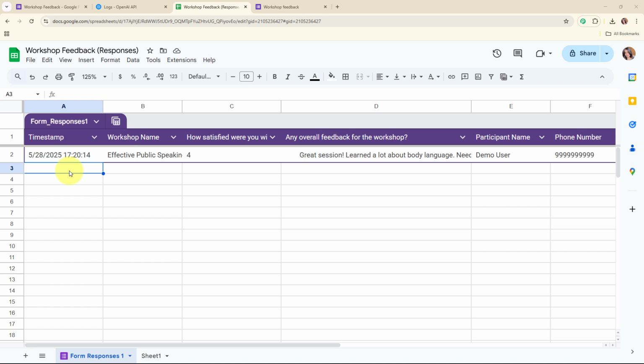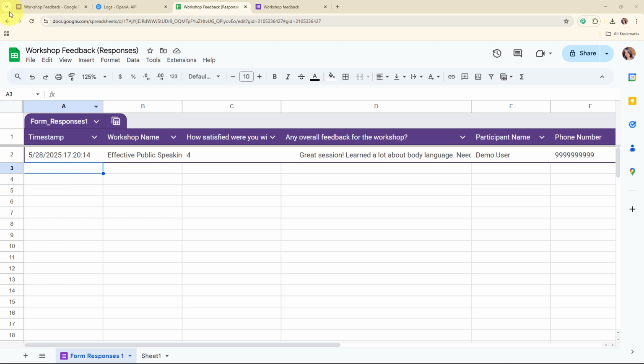Alright, so as you all know, as someone who regularly conducts workshops, I collect feedback from participants using Google Forms. But going through all the responses manually takes a lot of time and it's easy to miss important insight. By building an AI agent to auto-analyze the feedback, I can instantly understand how the workshop went, what participants liked and what they didn't, and what I can improve. So this saves me hours of work and gives me a quick, clear summary of overall satisfaction and the areas for improvement. It helps me make my future workshops better and more effective without spending time reading each response one by one.